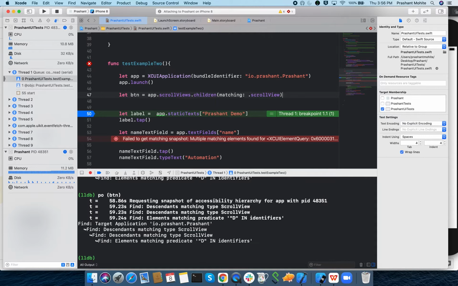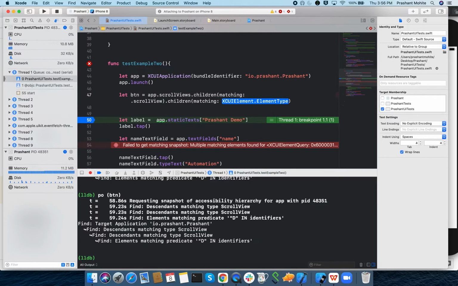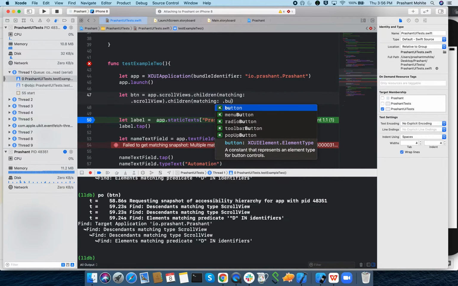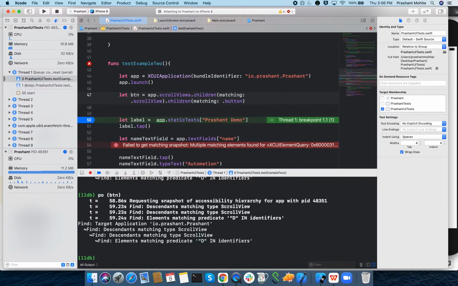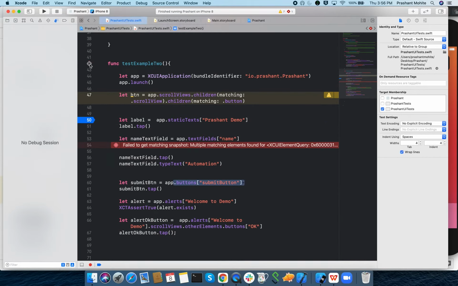And after that I'll put that I need a button, whose type is button. There is only one button, so it will return me the button. If I say that I need a matching identifier, that will also work. So let's run it. I'll just stop this and run it. So this time it will work.